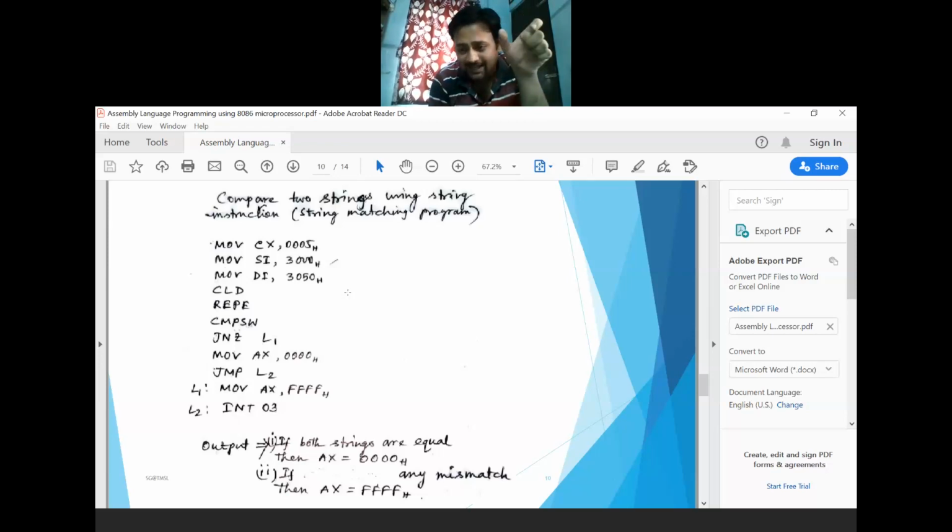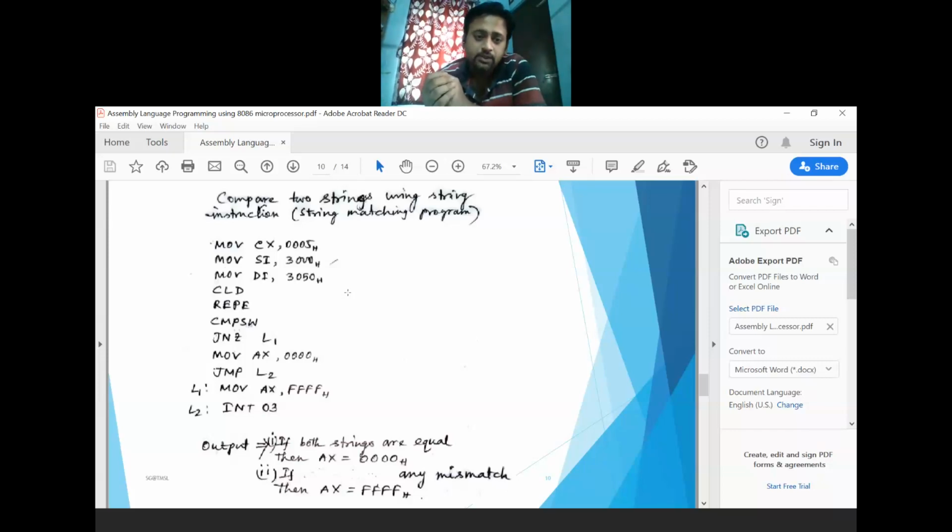One is in the SI source index memory locations, and another string is present inside the DI register, which stores the initial memory location of the string, 3050 in this case. From 3000, 5 consecutive data items, if these data bytes are 16-bit in size, then you need 10 memory locations, because each 16-bit data will occupy two memory locations.